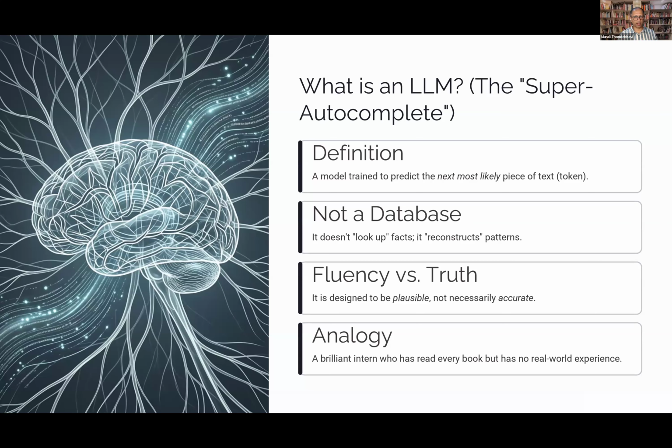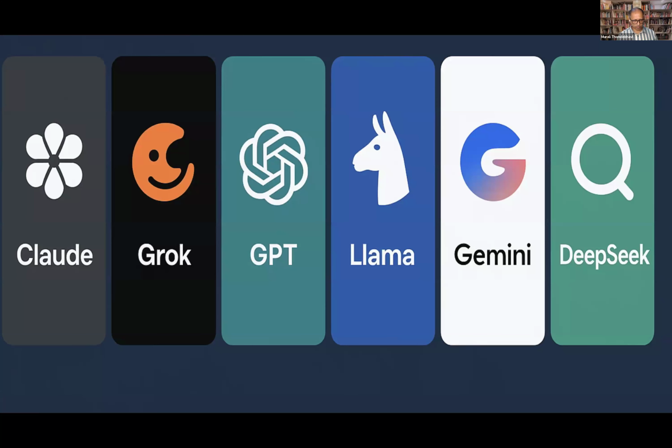Now, what are the different LLMs that are available to us? Many of you will be familiar with ChatGPT, which is the third one from the left. The other ones available on the market, as Dr. Divesh was mentioning, are Claude, which is by Anthropic. Then we have Grok. Then we have Llama by Meta. Then we have Gemini. The Google people have really caught up now with GPT. And we have DeepSeek, again a large language model, which is from China. So there are a lot of good models.